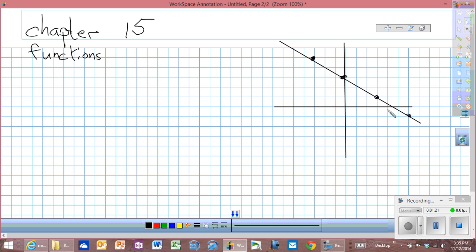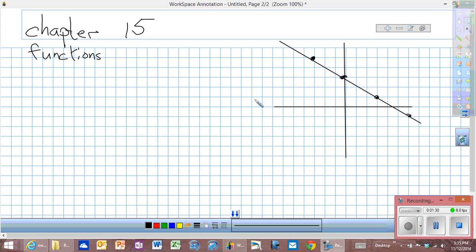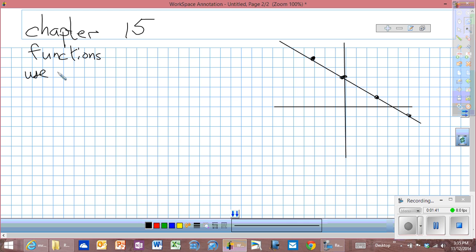This is a graph they have on the top of page 15. Maybe you don't even have these yet, so I better draw a lot more. Just a second. Okay, you don't have these. So you have to make sure you take lots of notes. Some of the questions will say, use the graph. I will also email you these so you can print them off, this chapter 15 stuff. Use the graph to evaluate